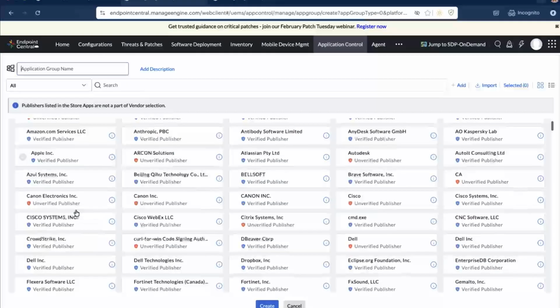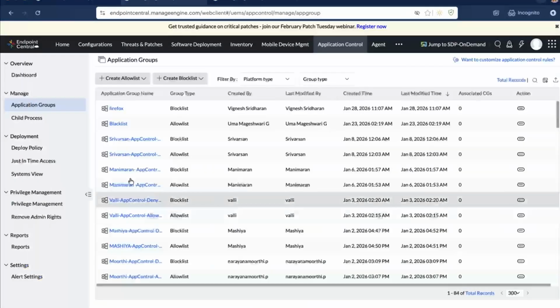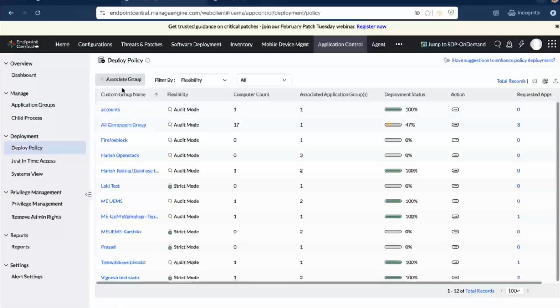The overall vendor website will be provided, and you can filter by vendor or product, or by file or folder path. You can create them as a group, and once that is done you can define the policies, whether they need to be blocked and so on. And while you're deploying the policy